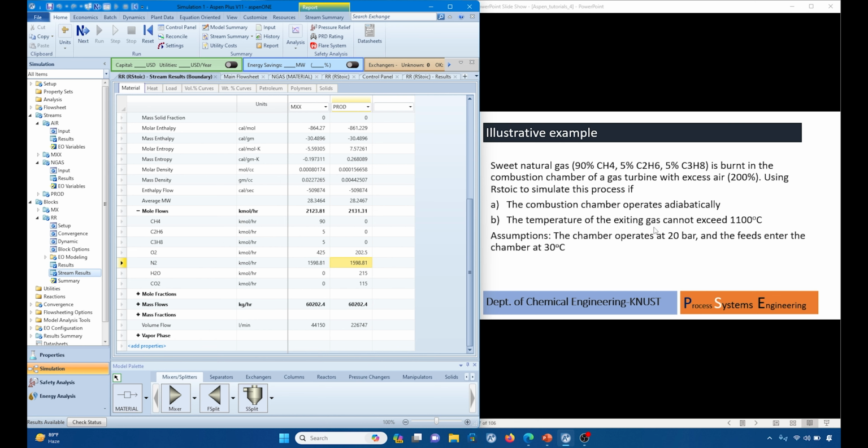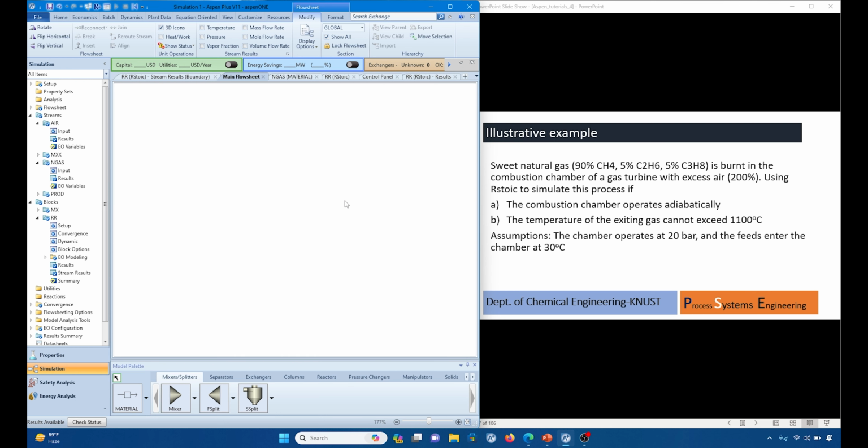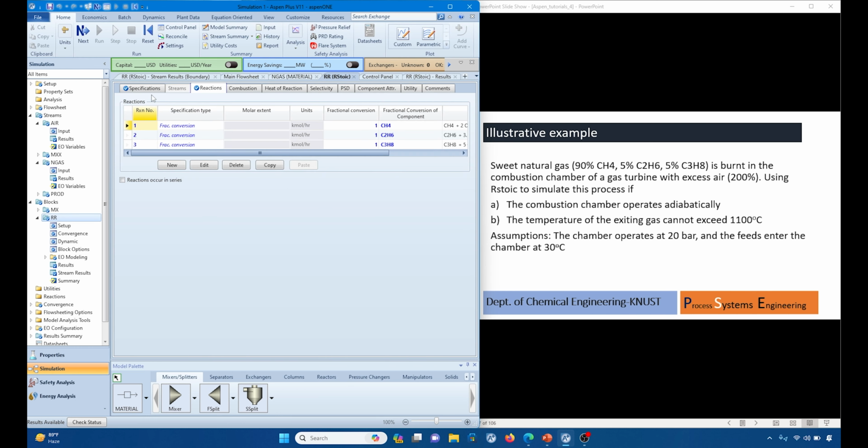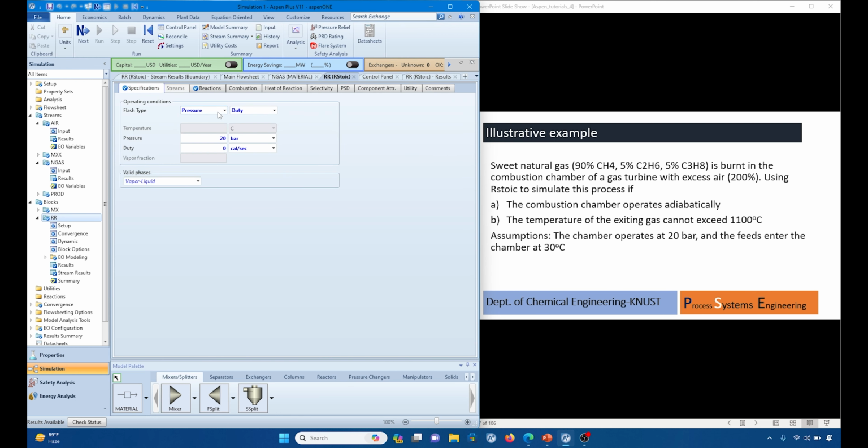If we go back to the problem, we were to run the reactor at a specified temperature. Temperature of the exiting gas should not exceed 1,100, and to do that, there has to be some heat exchange for that to be possible. That's to be cooled. So we do that in the specification by specifying a temperature, the temperature that the reactor should stay at. If we do that and run the simulation,